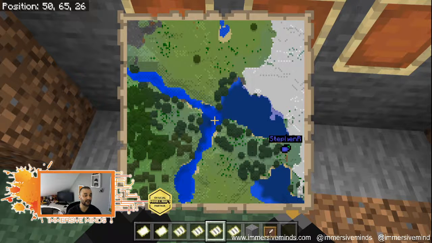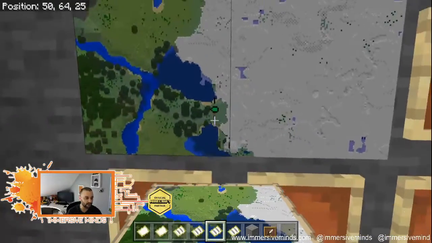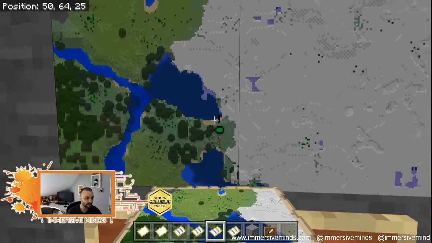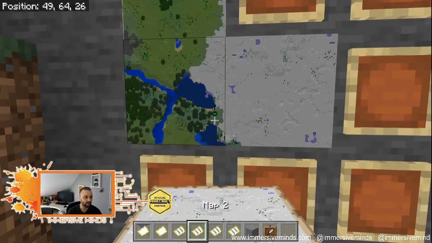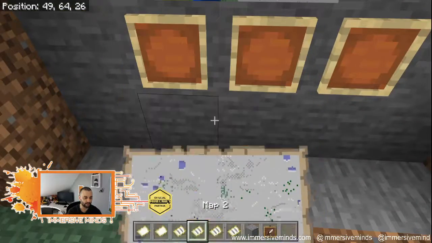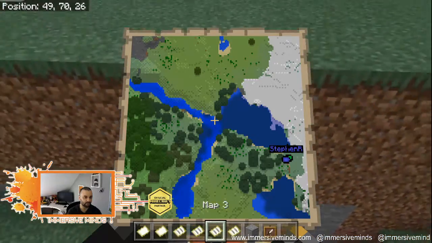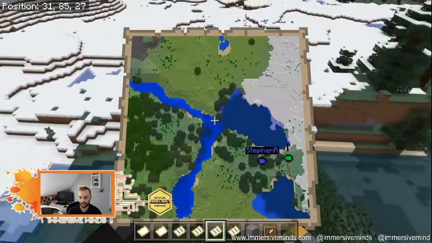So to get to that, we actually have to go back. We're facing the wrong way. That's what's wrong. Our spawn is telling us that we're facing this way, but we're not. We're actually facing that way. So I need to go from here using my own map. I need to go backwards and then left